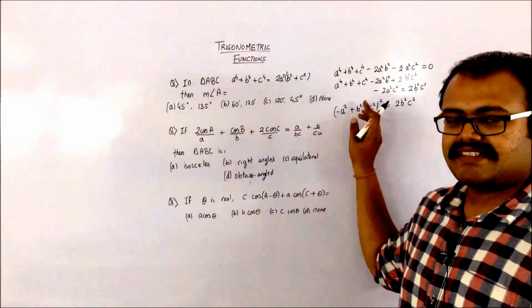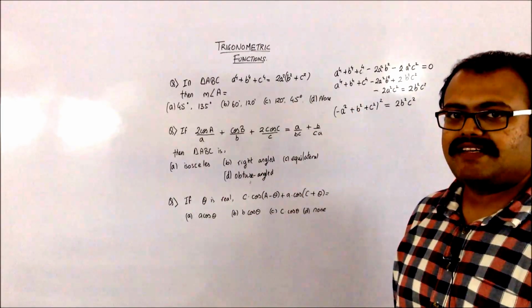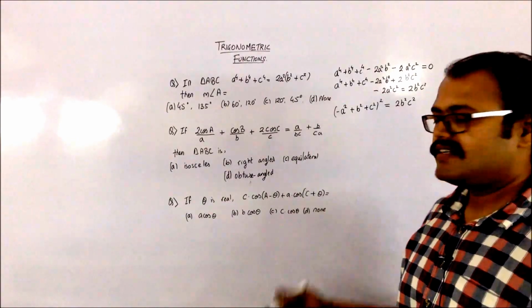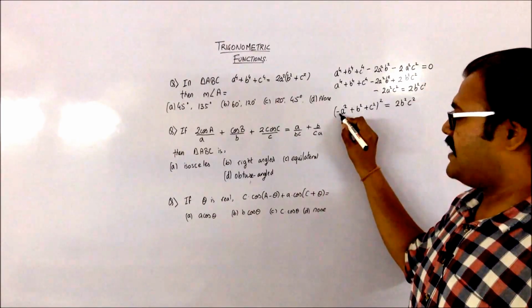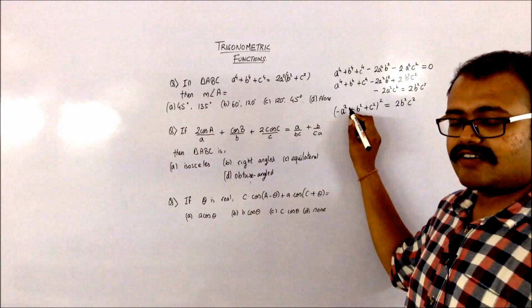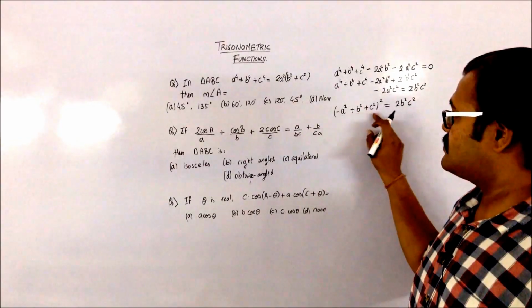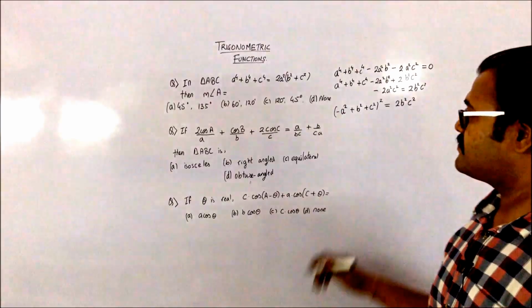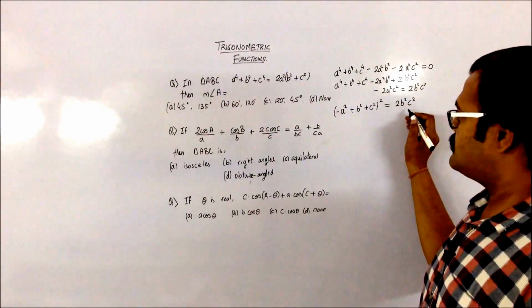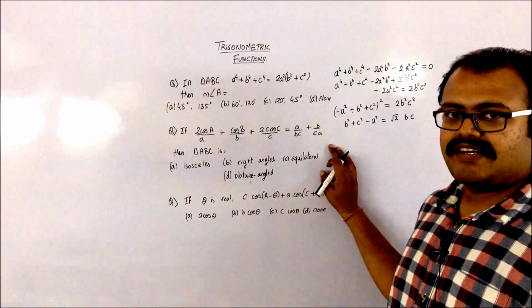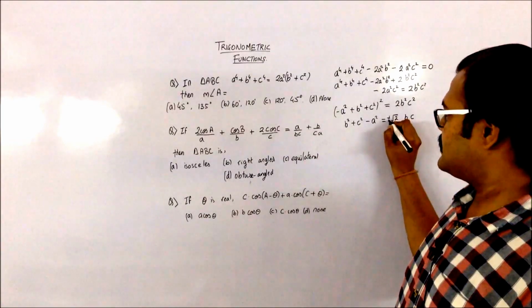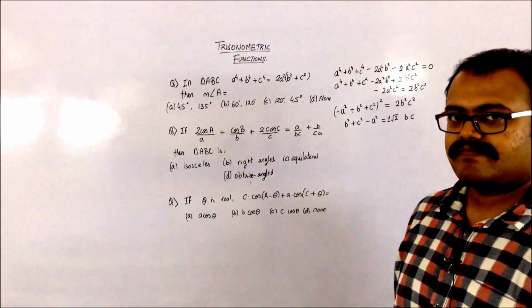So this basically becomes a formula for A plus B plus C the whole square, wherein you will be having for A, that is minus, for A square you will be having a minus A square, for B it is B square, and for C it is C square. This whole square will be equal to this.